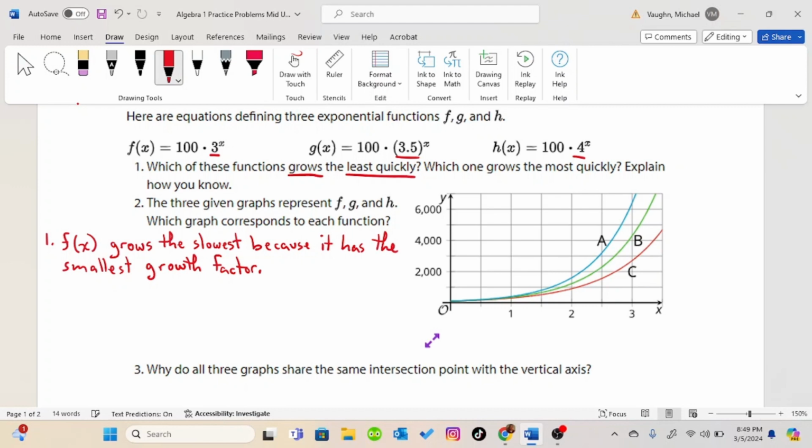Then they want to know which one grows the most quickly. Again, we're looking at the growth factor, and we want the biggest growth factor. So that means h of x grows the quickest